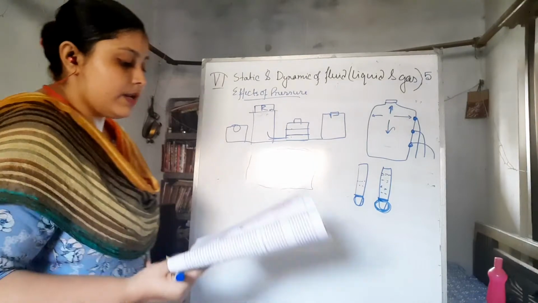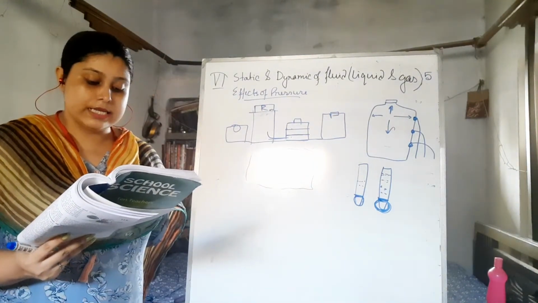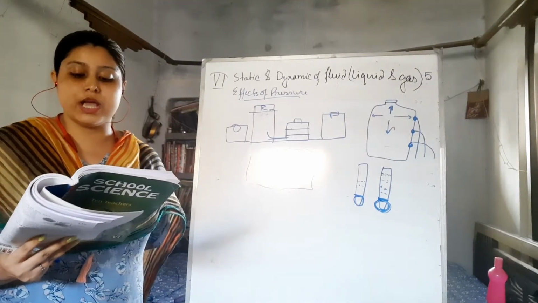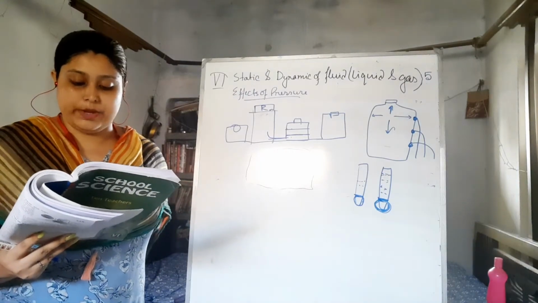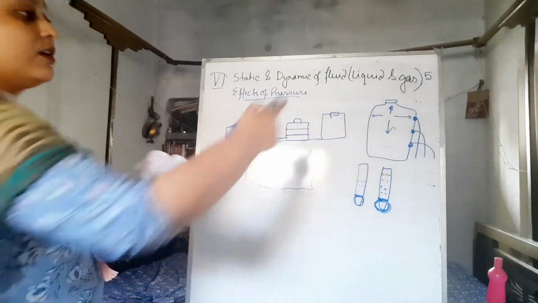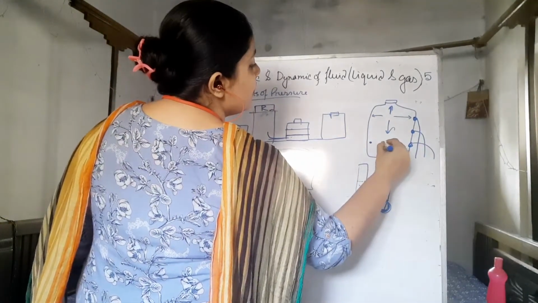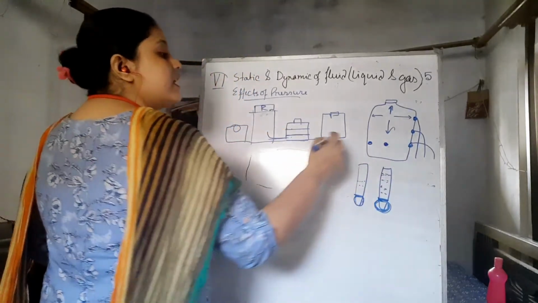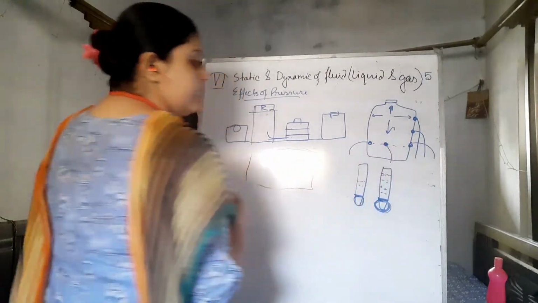Okay, so now the second law. What was the second law? That the pressure is the same at all points in a horizontal plane at a given depth within a liquid. This point can also be demonstrated by the experiment. If we make three holes on it at the same level, the water will exit with the same pressure, because they are in the horizontal line.